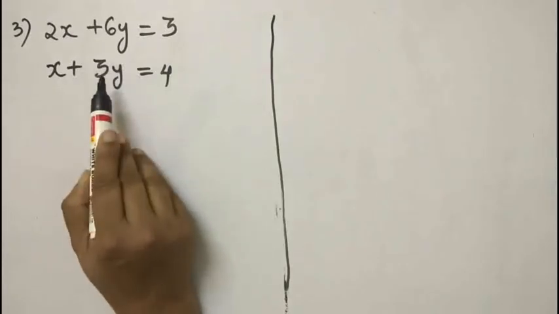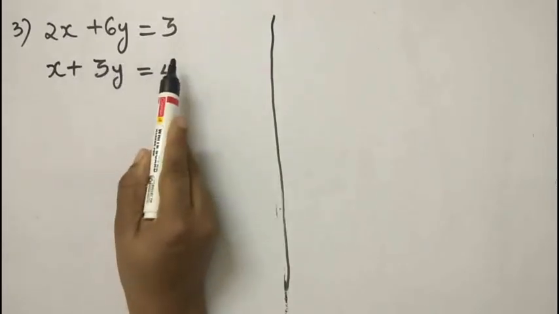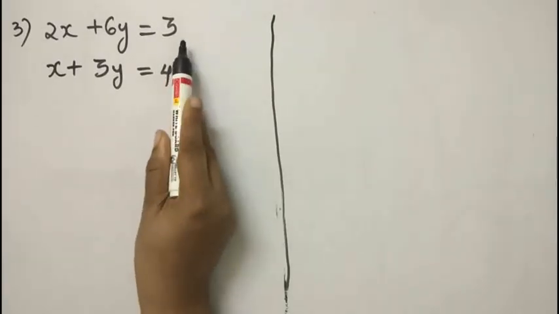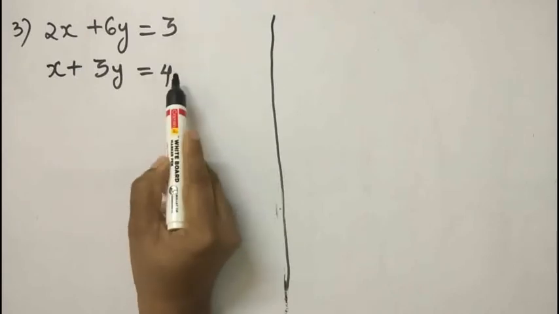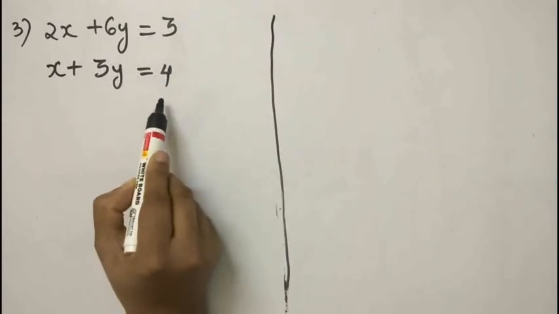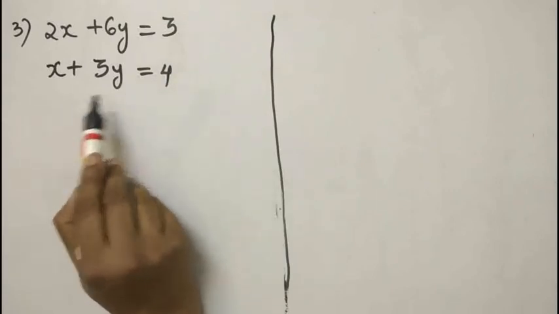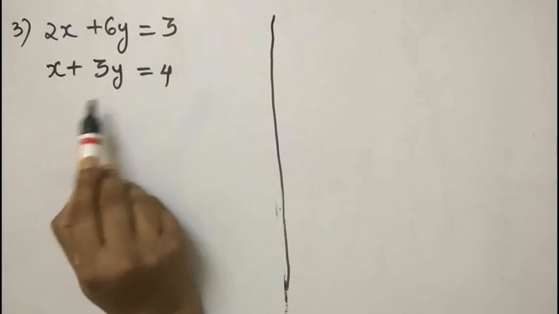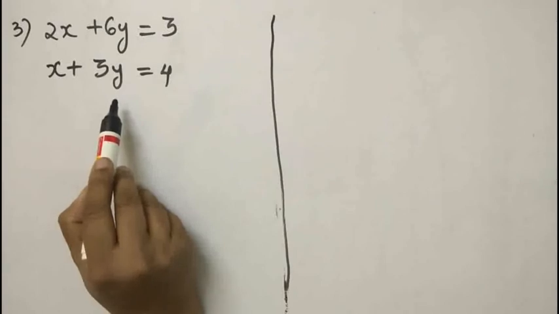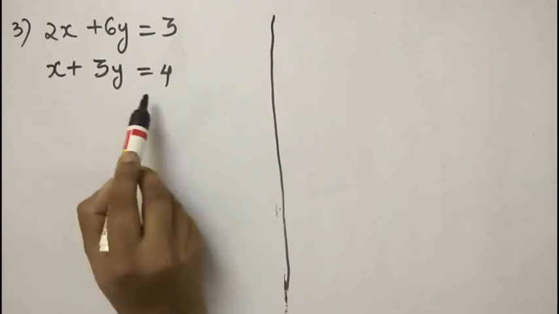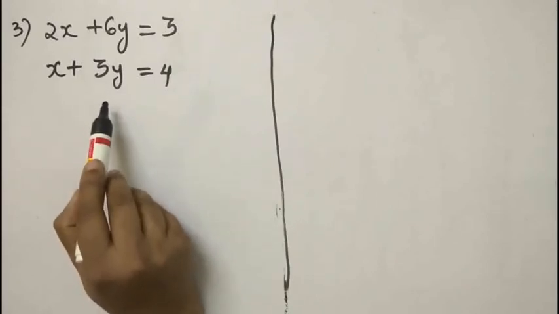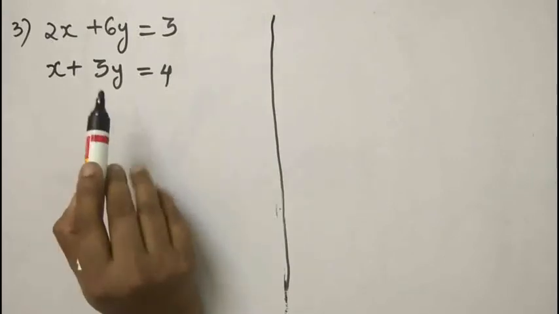Next, if a1 by a2 equal to b1 by b2, then we have to go to the constant terms also, is it not? The ratio of constant terms, that is c1 by c2. Here it is 3, here it is 4, so 3 by 4. a1 by a2 is equal to b1 by b2, but that is not equal to c1 by c2. So when the ratios are so, then they are parallel lines, as we studied in the previous video. So as they are parallel lines, after solving these equations using the substitution method, you have to get LHS not equal to RHS.